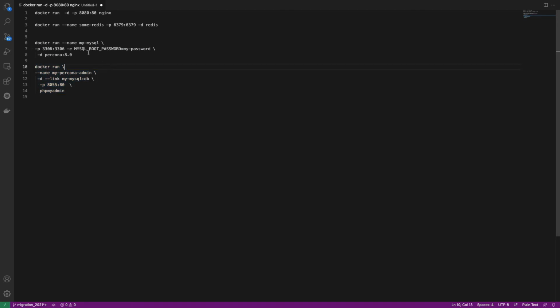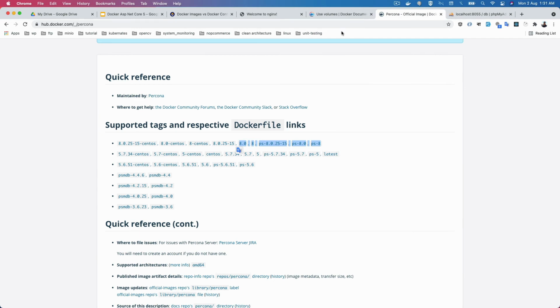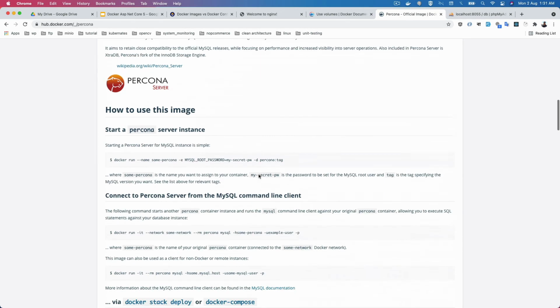Here I need to provide to Percona: when you are creating this container, please use this volume. So how can we attach a volume to our container? If I go to the Percona DB page,